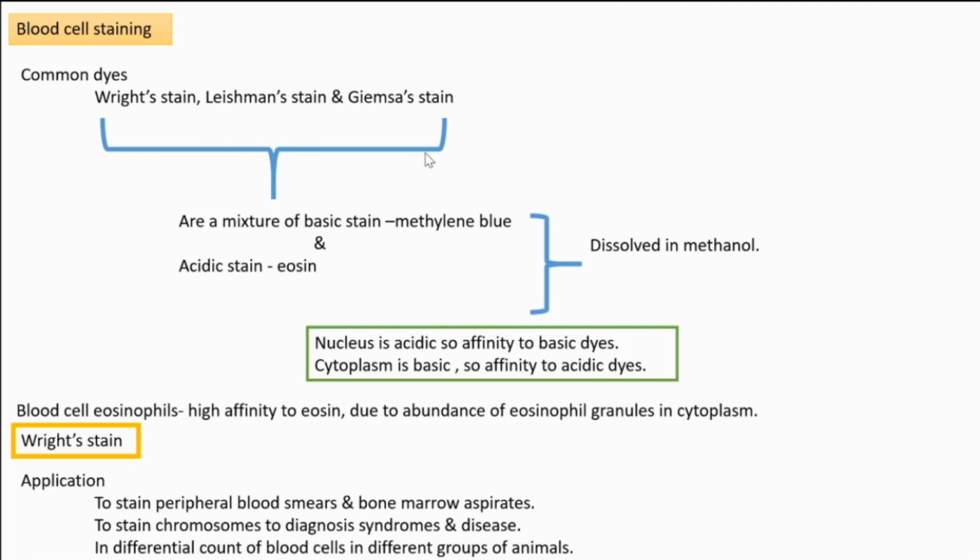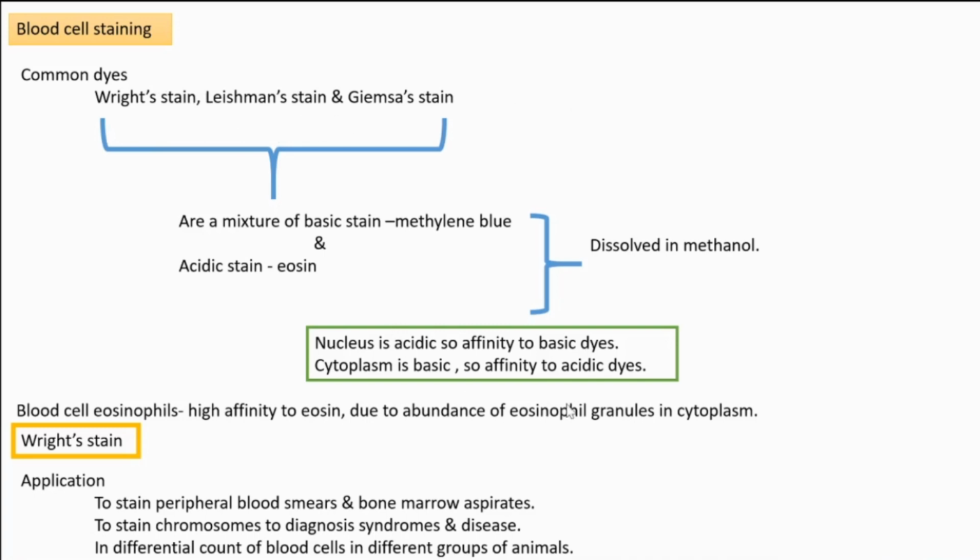What is its composition? They are a mixture of a basic stain, methylene blue, and an acidic stain, eosin. They are mixed together and dissolved in methanol. Based on different compositional changes in this mixture, different types of stains are prepared: Wright stain, Leishman stain, and